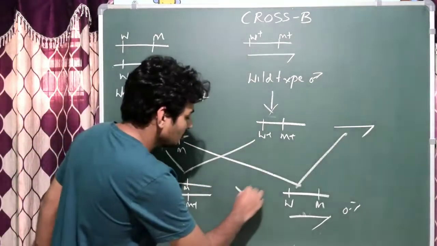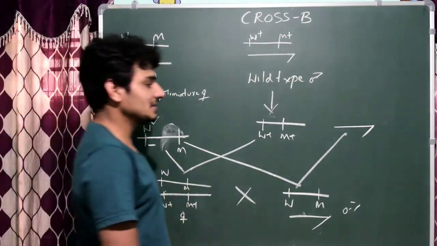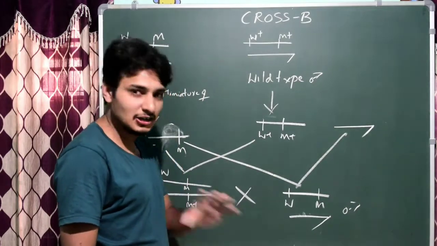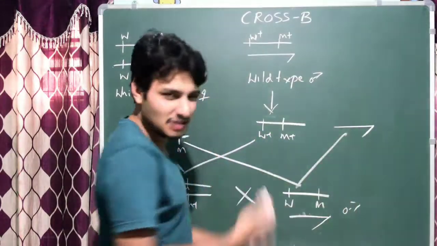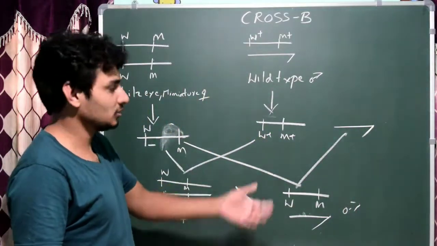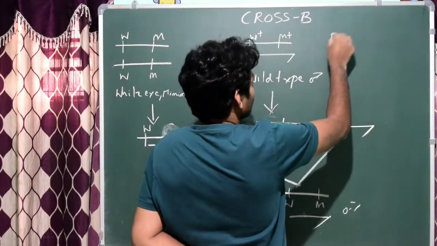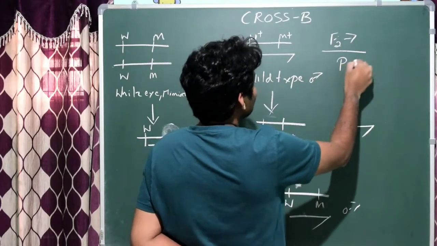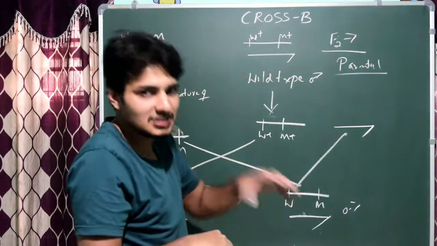Then the cross is between the brother and sister, that is half brother and half sister. Then according to Mendel, 9:3:3:1, no, he did not get it like that. He got a different ratio. I will not write it, it's there in the textbook, you can just check it out. In the F2 generation, surprisingly, the parental types were fewer than in cross A. He got less parental type.